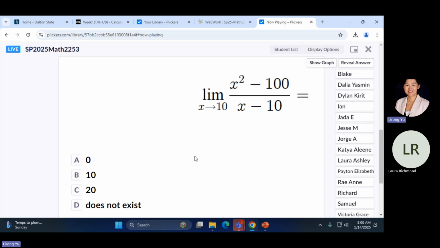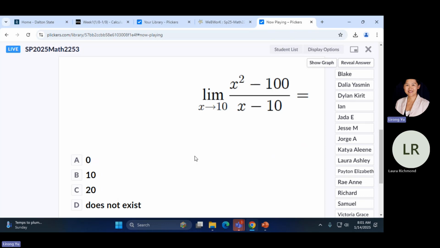Good morning. Let me double check. Are you able to go to WebWork? Have you started with the WebWork homework? Any issue logging in? Because you had that problem, so I was worried about other students having any problem logging